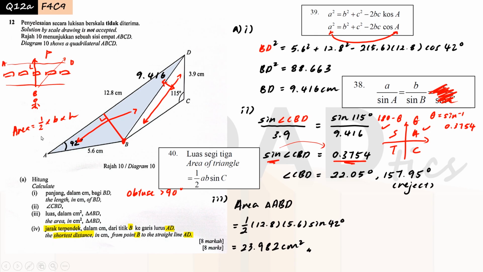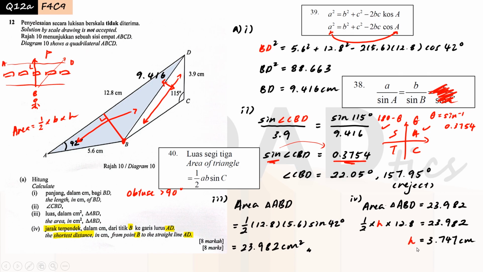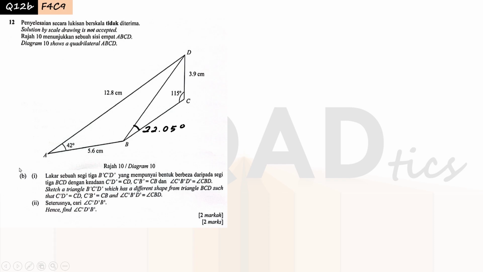Okay, so we are going to use this formula, sub everything that we have inside here. So the B here will be 12.8, the area will be 23.982, and subbing inside, find the value of H, which is 3.747. Part B, we need to find the similar triangle where CD, CB, and angle CBD cannot